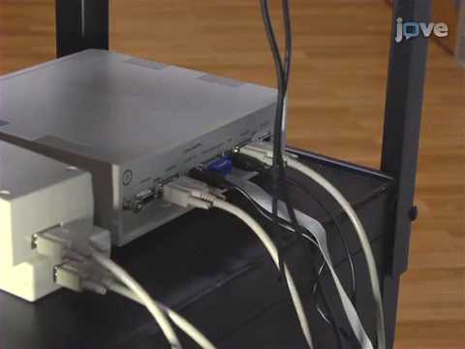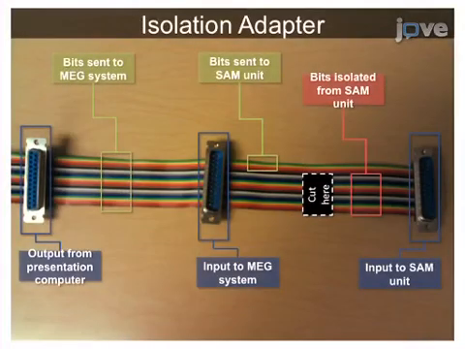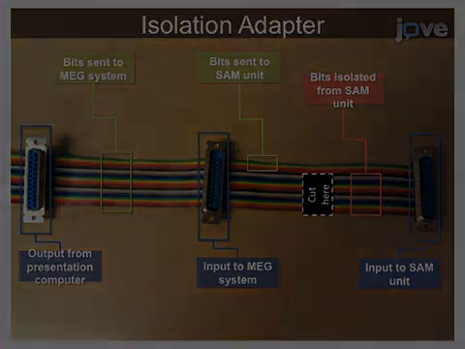and the synchronization cable. The transistor-to-transistor logic pulses used to mark the stimulus presentations can cause artifacts in the MEG data if they are sent to the SAM. To avoid these artifacts, mark the onset of the stimuli using